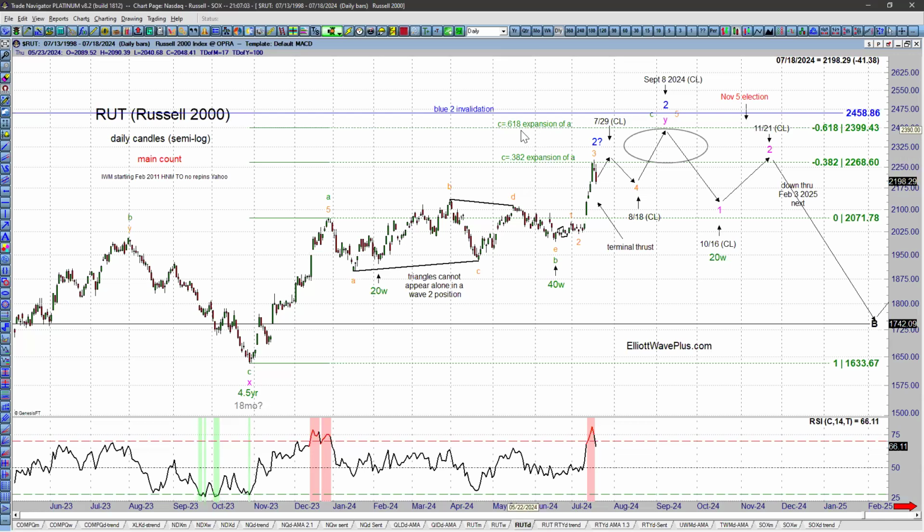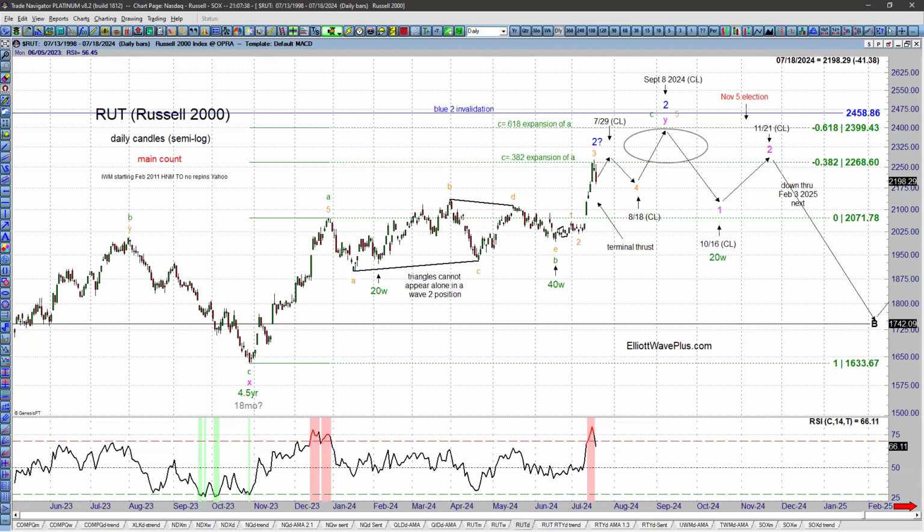The next target I set, which would be the high target, would be a 0.618 expansion of A, and that's up there. And notice I'm still considering that it might get up there, and we could have this rotation. But this being a triangle means that once this carves out a five-wave up structure to the upside, it's done. It's done. I don't think it'll move to new all-time highs. It'll finish its pattern and then